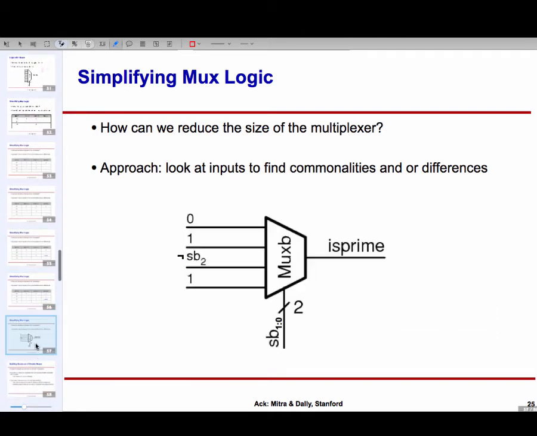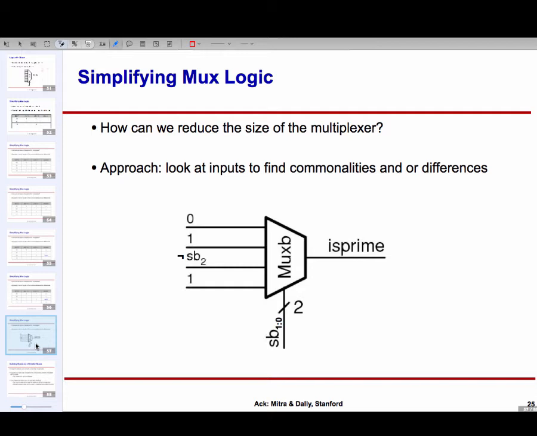So what that means is I have a circuit like this. 0, 1, not SB2, and 1. So now I can get away with a 4:1 mux, which is much cheaper, and I pay for it in one additional inverter. Okay, so I guess the idea is you want to use smaller multiplexers, but of course applying this strategy too much would begin to result in very complicated expressions out here, so you don't want to take it too far. So you want to just get the right balance.